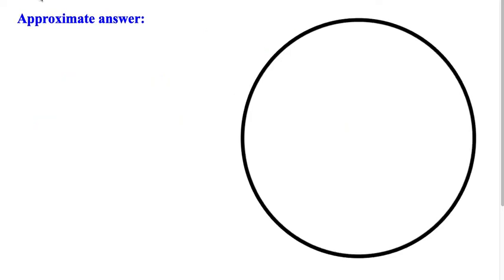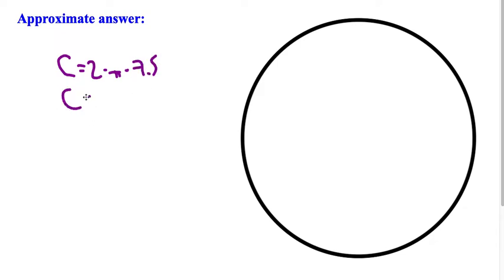The approximate answer is what you've probably been doing most of the time. So for the same situation, if we wanted to find the approximate answer, we'd simply treat pi as 3.14 or 3.14159, or we use the pi button on the calculator. Any one is acceptable. So for instance, if we were talking about the same circle, the circumference would be 2 times pi times